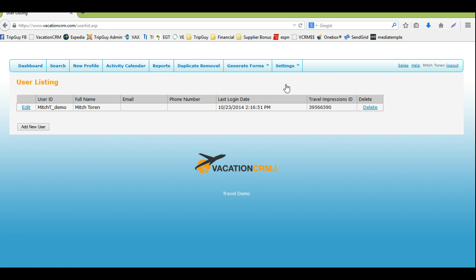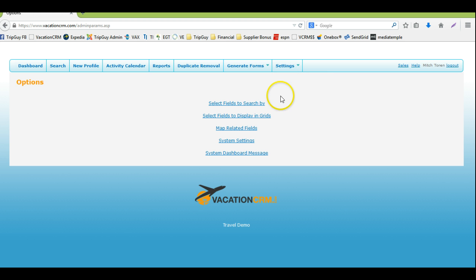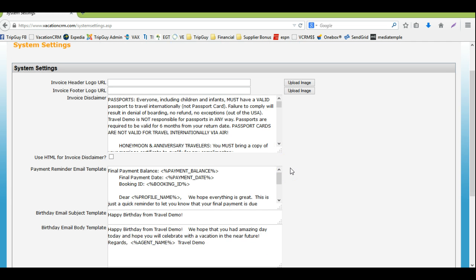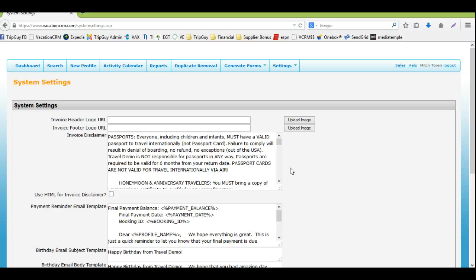In this case, I'm the only user in this demo. You have the ability to create and manage your own settings, like your logos, your disclaimers for invoices, your final payment reminder emails, your birthday emails. All of that stuff could be managed at either the agency level, or if you have independent contractors that are using this with a different brand, let's say, you could actually allow them the ability to use their own logo